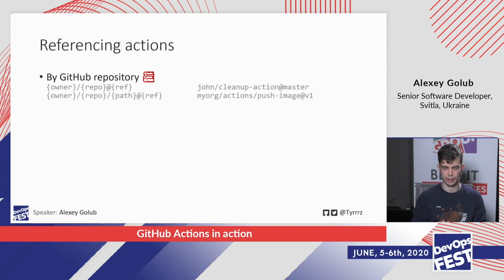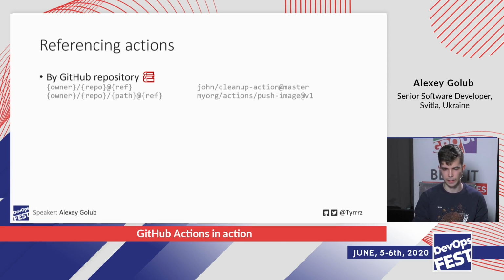So basically everything that Git supports you can use here. And it doesn't have to be that there's only one action to one repository. Instead, you can have a repository that contains many actions. This is pretty common if you have an organization, maybe internally, with a lot of different actions. You don't want to have multiple repositories, you just put them into a single repository. And then you can use a relative path as well to specify which exact action you're interested in.